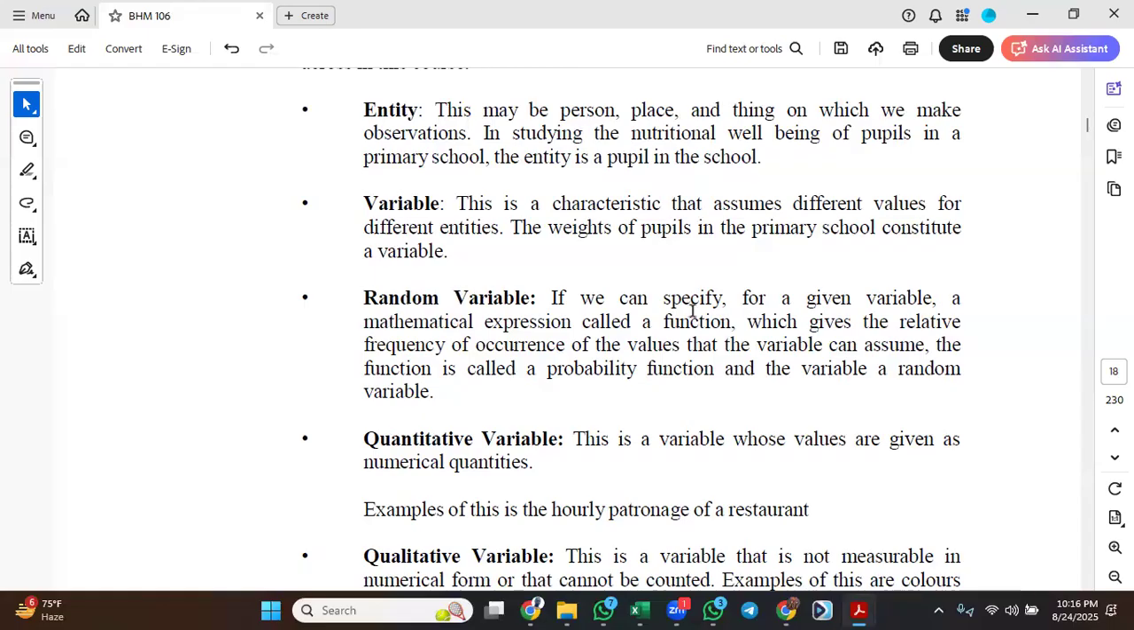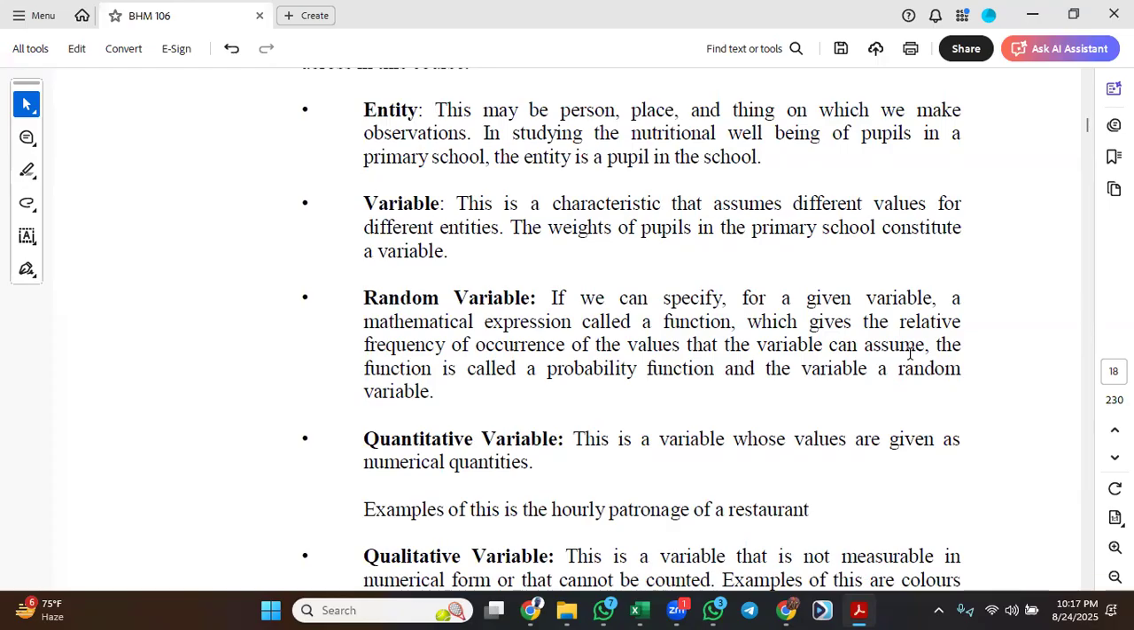If we can specify for a given variable, we already know what a variable means now. That means, for instance, if I want to work on the height of pupils in primary school, I can specify a mathematical expression called a function. That means I can give a function for getting this height that I want to observe in the pupils, which gives the relative frequency of occurrence of the values that the variable can assume, which means this height, which is the variable that I'm working with on the entity pupil, if I can get a function, a mathematical expression,